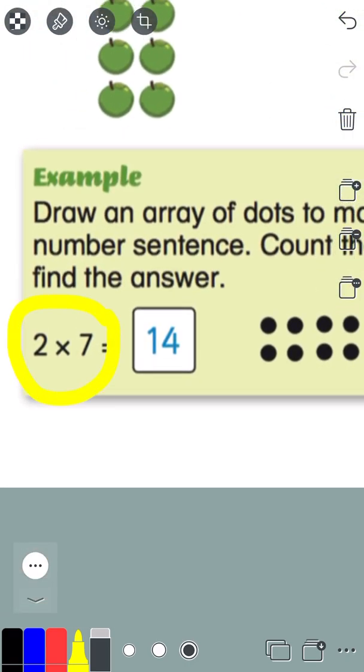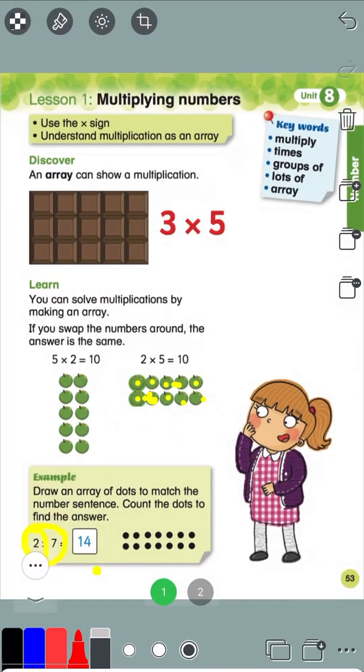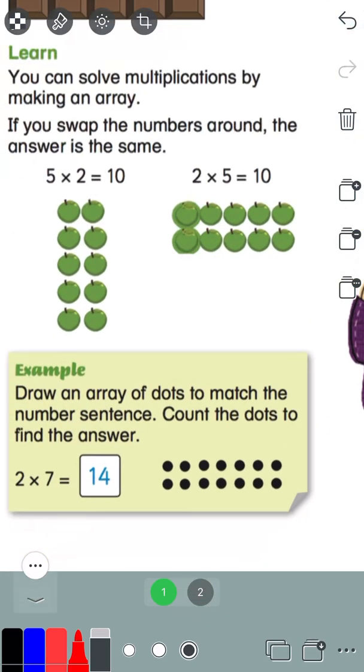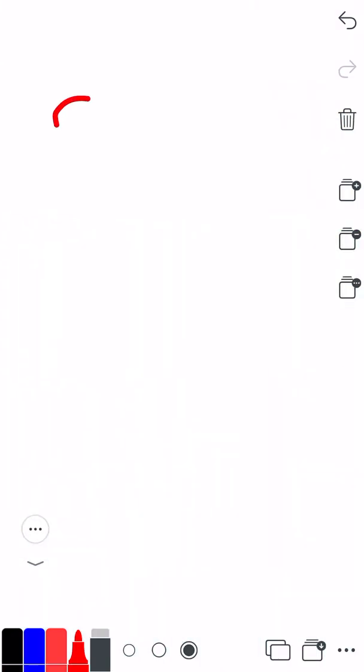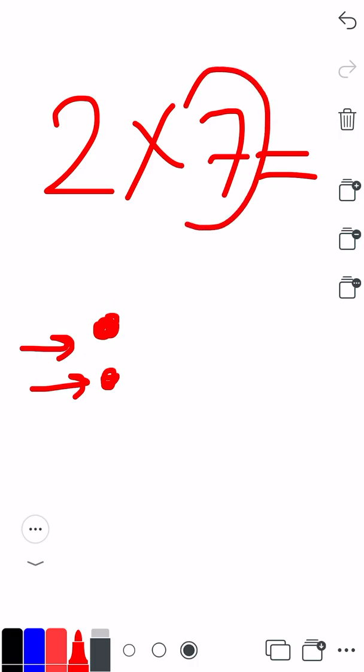Now, if you have a multiplication problem and you want to find how much it equals, you have to draw dots. The number of rows is the first number, so you draw dots. Dots is like points, okay? So let me choose red for you to see really well. And I'm opening a new page. So 2 times 7. 2 times 7. Now draw 2 dots above each other. This means we have 2 rows, 1 and 2, okay? Now how many 2 dots are we going to draw? We're going to draw 7